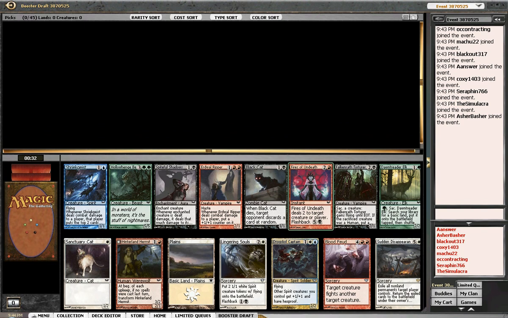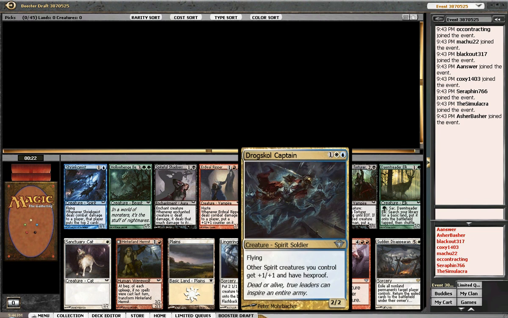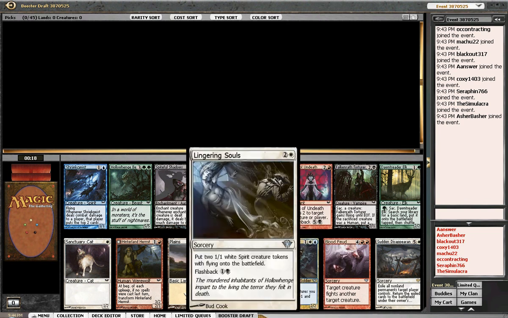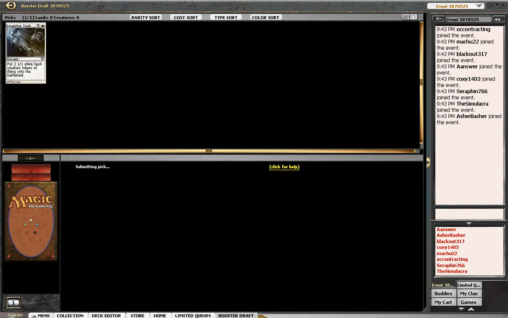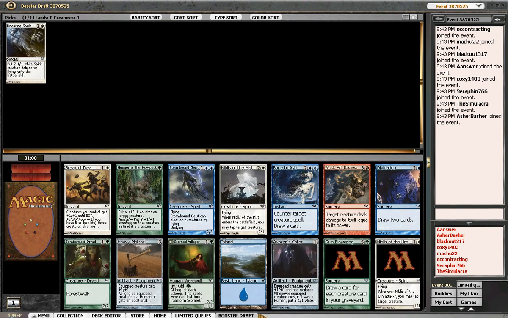Okay, Fires of Undeath, Lingering Souls, and Drogskol Captain. I don't want to pass the Captain because then I'm going to put my person in those colors, but I think I have to pass it because I think Lingering Souls is just better with Fires as a close third. Okay, staying on color,